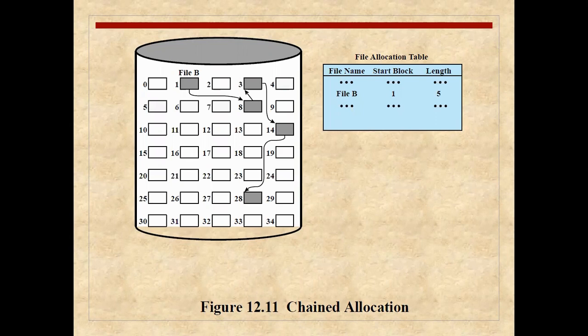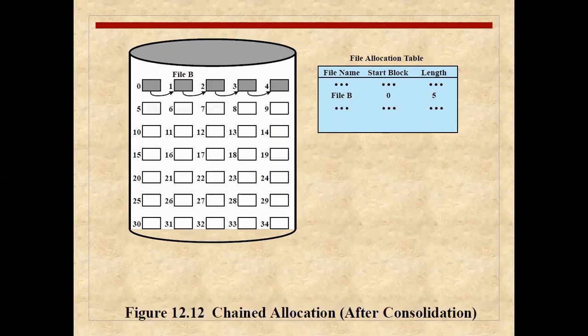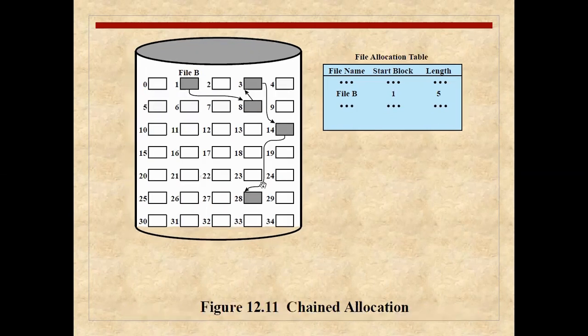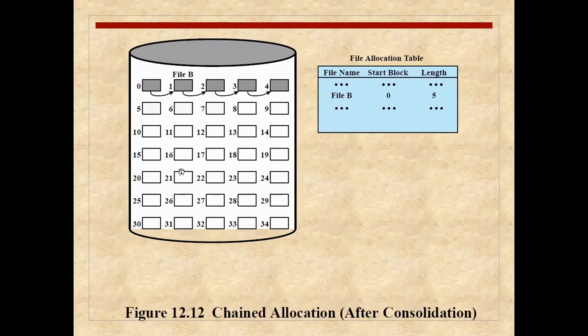So you need to allocate some field for the addresses itself. Okay. So here, this is not contiguous. This is called chained allocation. Chained allocation after consolidation. You may perform consolidation in the chained allocation. Consolidation means whatever blocks you were having previously, all those blocks will be converted into contiguous form. Again, you will be shifting the locations, you will be copying the contents, and you will be having a sequential order of these particular files like this.